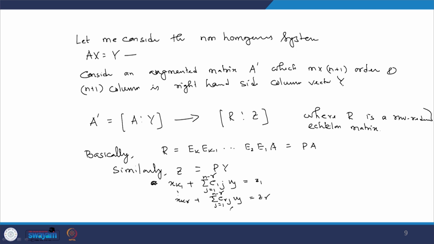Then I also have 0 equal to zr plus 1, and 0 equal to zm. The required condition for the existence of the solution of the original system